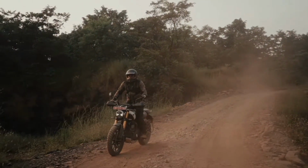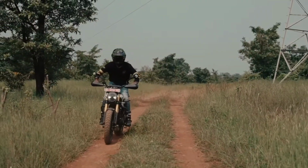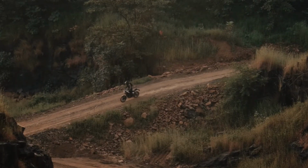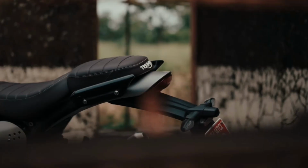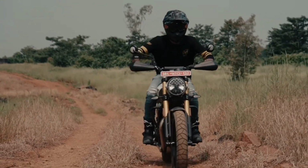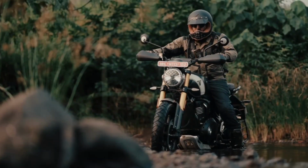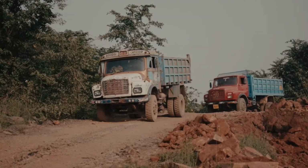Coming to the wheels, on the front it is equipped with a 19-inch alloy wheel paired with a tubeless tire and a 17-inch alloy wheel on the rear paired with a tubeless tire too. Although the tire and rim on the bike are good enough to support you while riding on off-roads, at least Triumph should have offered an optional spoke wheel for people who are really going to take these bikes to very